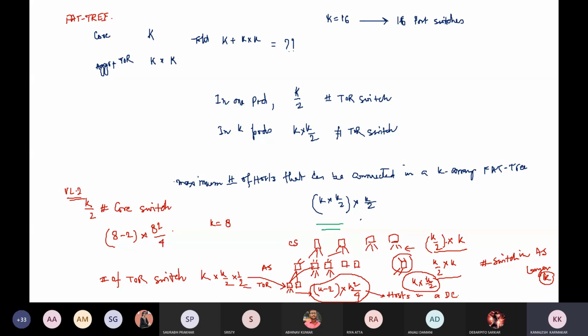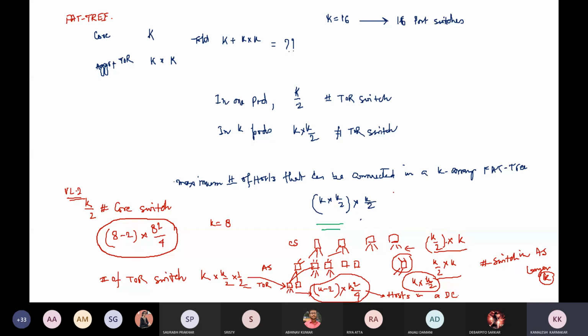That will be the value. So the total number of hosts that can be connected to a PL2 network is this. Whereas in the case of the fat-tree network topology, the total number of hosts will be k cube by 4.